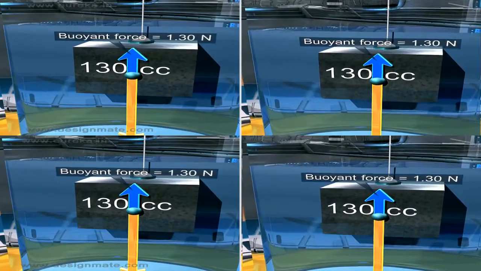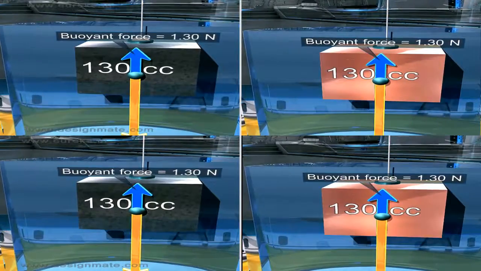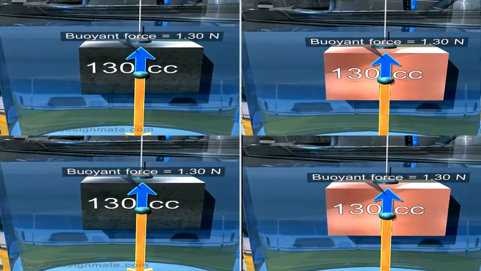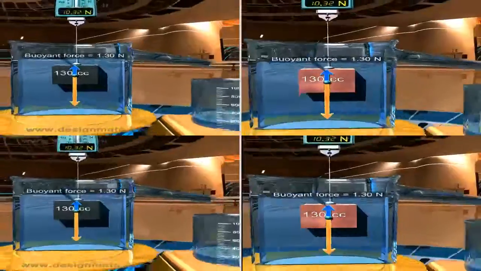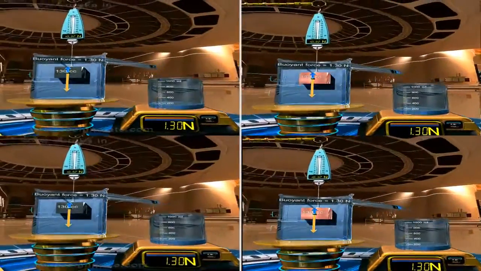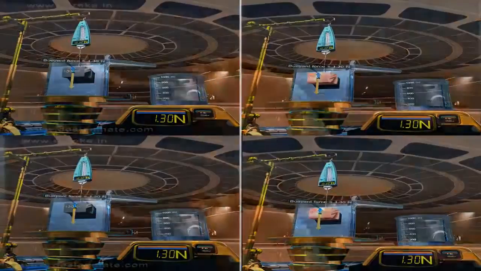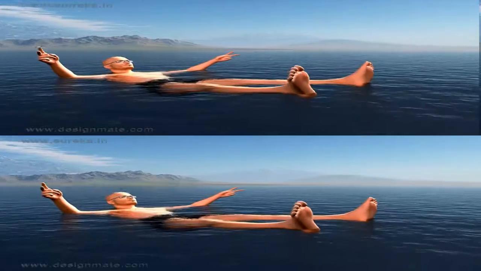We can observe and answer by taking another solid object having the same volume of 130 cubic centimeters but a different density, and immersing it completely in water. Note that the buoyant force remains the same as before, that is 1.30 Newton. Can you now use Archimedes' principle to understand